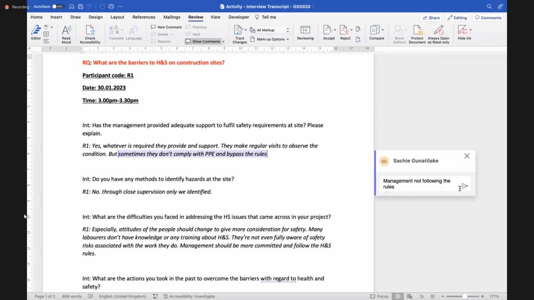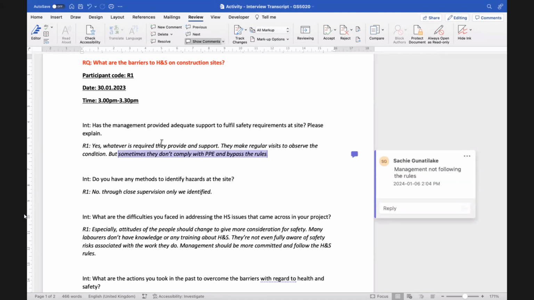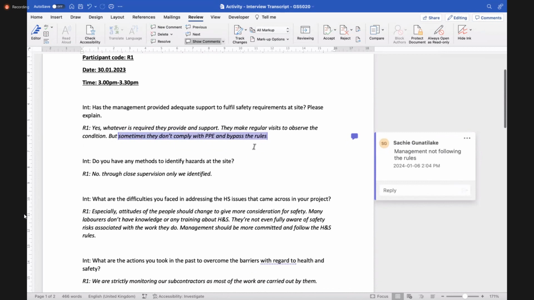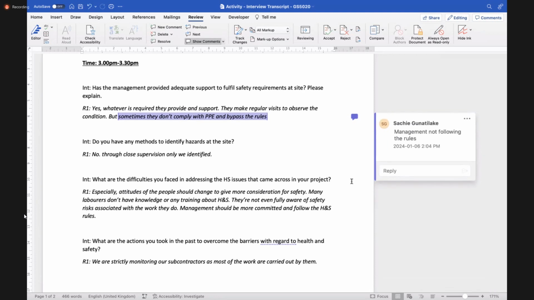So I give it a code that describes what that particular segment talks about. Clear? So I have to go through the whole of the transcript and do this.